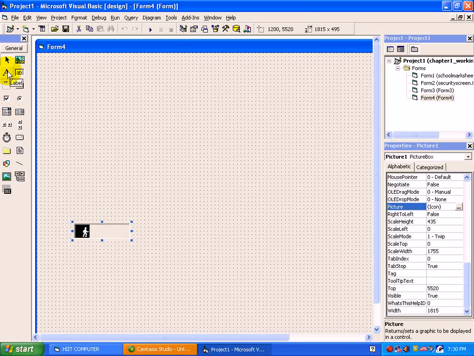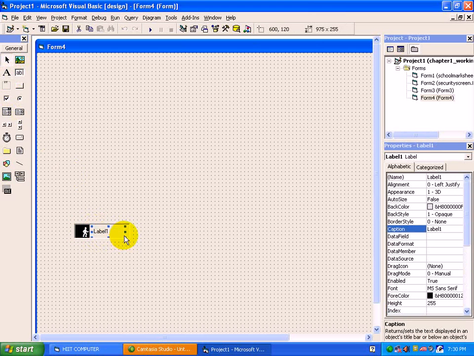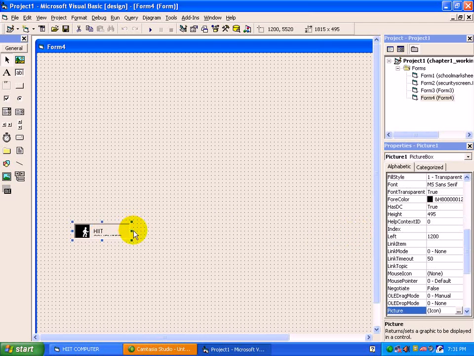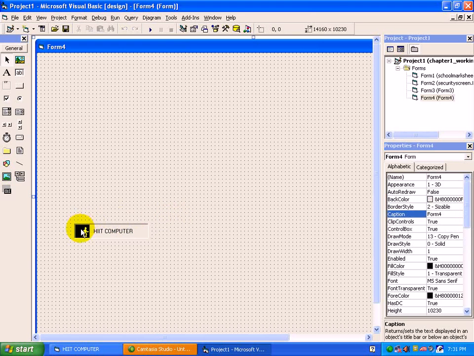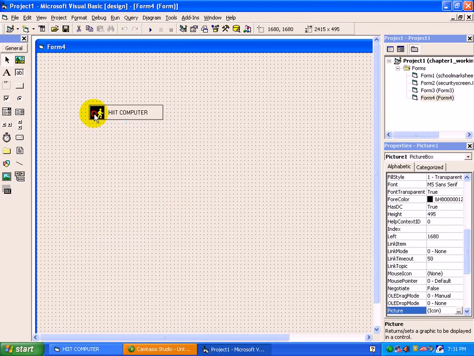See here, we will take one label. Just draw the label inside a picture box. Change the caption. See here, if you now move the picture, the text is also moving, which means we can hold the controls inside a picture box. But if you see inside image,